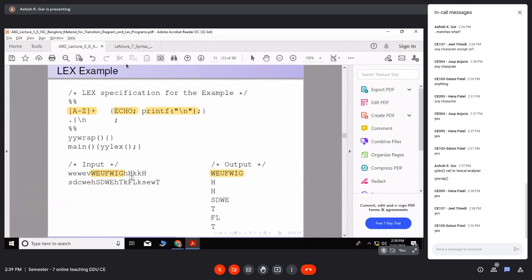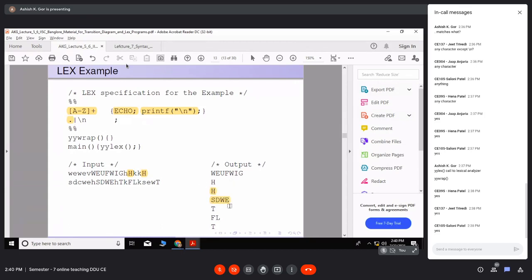Okay. Then small h, you see small h is again going to match with this dot, and nothing is going to happen because it's blank. No code is there. But then there is a capital H, then there is a small b. So the capital H will match with this, so it will be echoed, and then a new line will be printed. Again KK will be matched to this, and then again capital H will be matching.